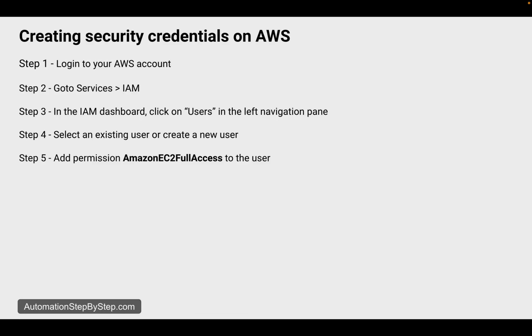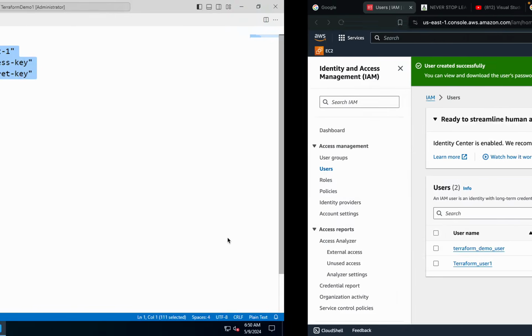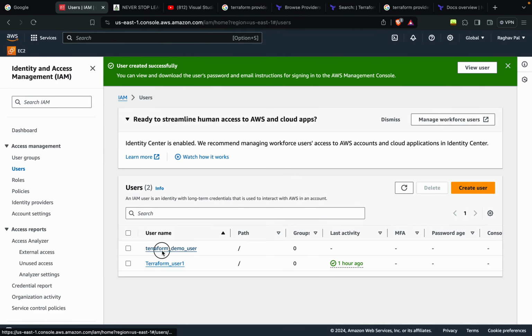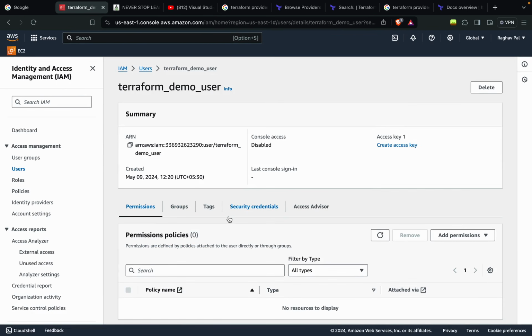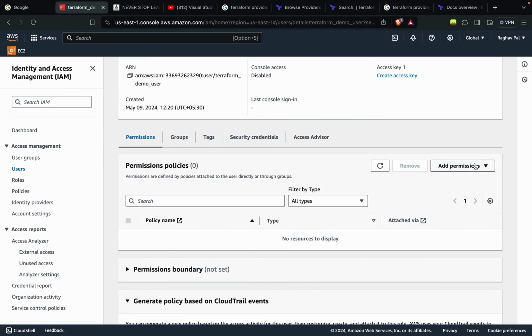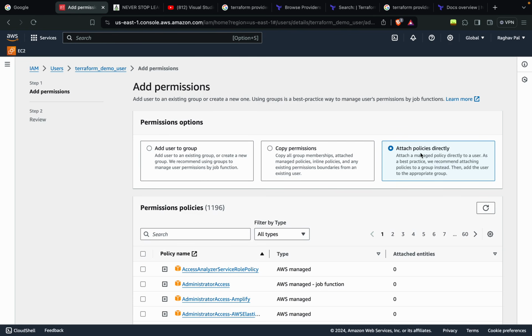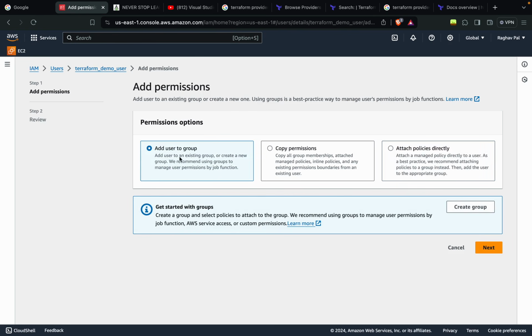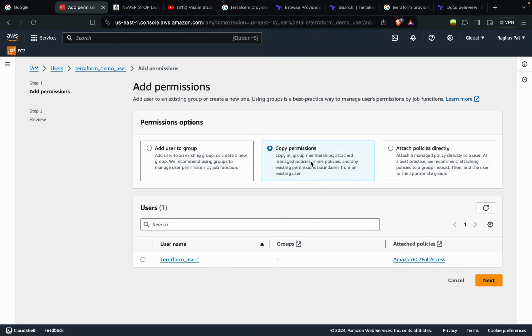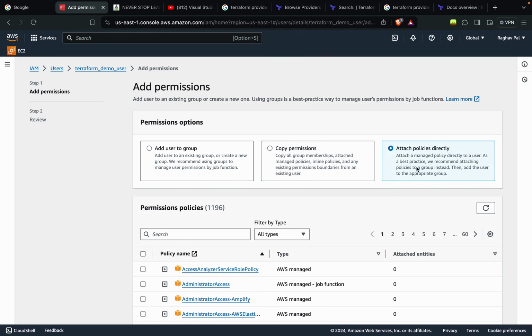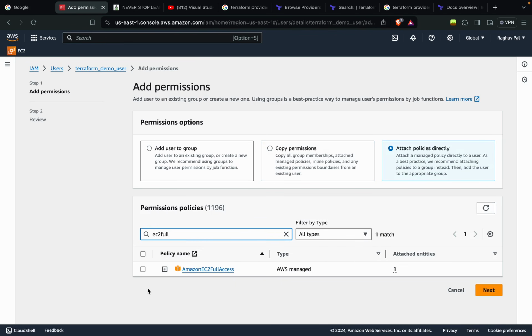Okay, now we have to add permission to the user. So here I will go to the user, I will click on the user, and I will go here to the permissions and say add permission, and I will say attach policy directly. If the user is in a group, you can say add user to group and then copy permissions of an existing user as well, but I will say attach policies directly, and I will say EC2 full access, which is